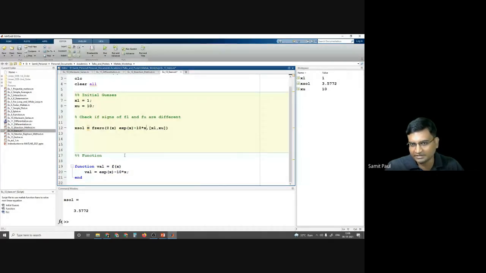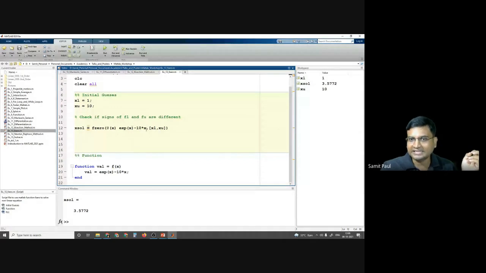Now, tell me, will this function work? Anybody? During fplot, that didn't work. x star sin x didn't work. Will it work now? It works. Yes, it works. Why? Because there is no term by term multiplication involved. Exponential x is an array.